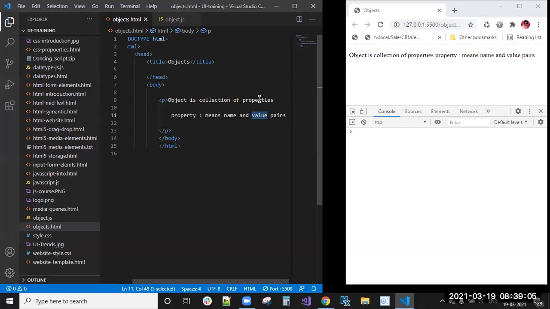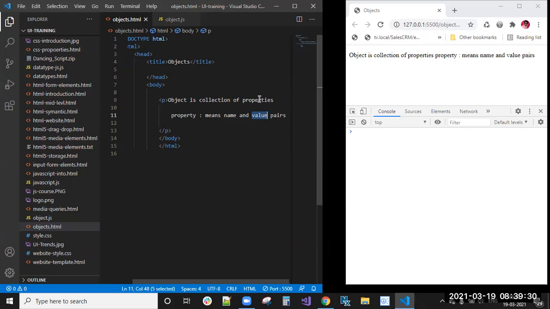And we can tell the model and the make, like who is the maker of that car, like Maruti Suzuki, Hyundai, Honda. Maker is a property.